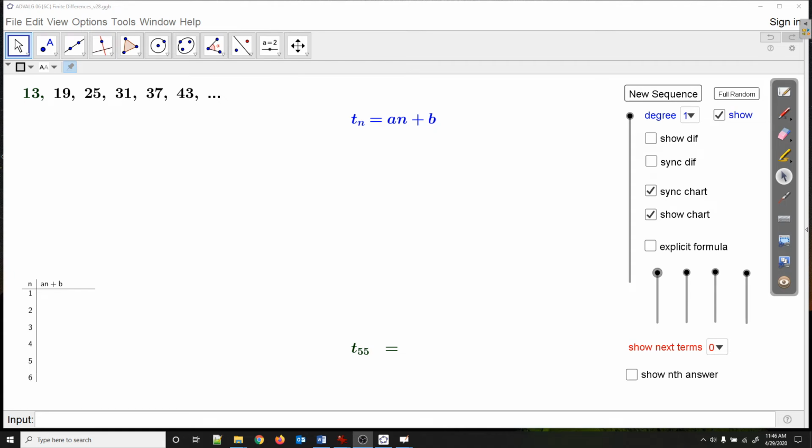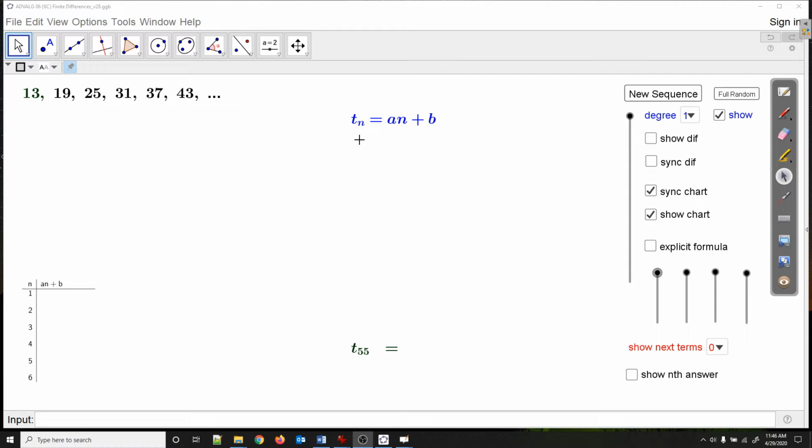In this video, we're going to look at the concept called finite differences, specifically looking at sequences that are based on first-degree polynomials. Now, if you're asking what a first-degree polynomial is, you're familiar with it. It's just a linear-based relationship, meaning y equals mx plus b, except our equation is going to be written as